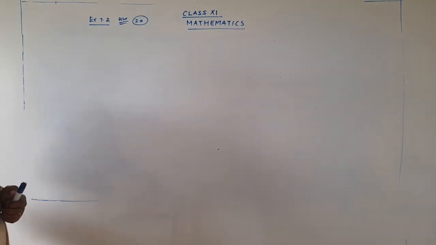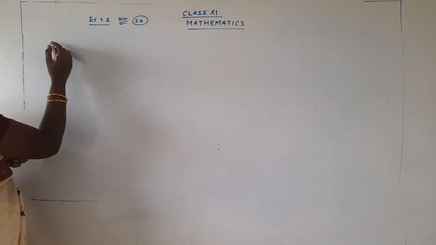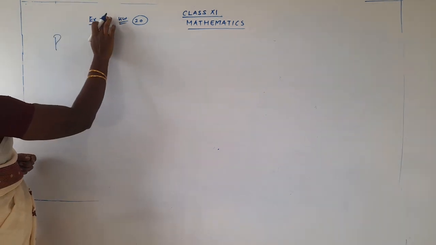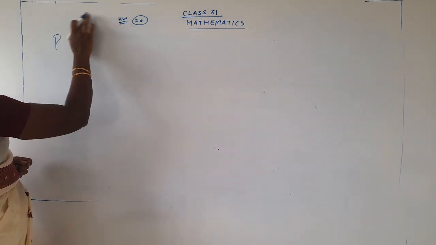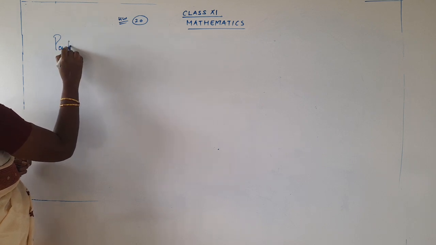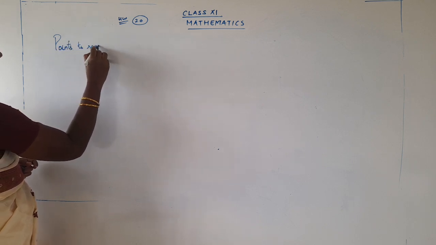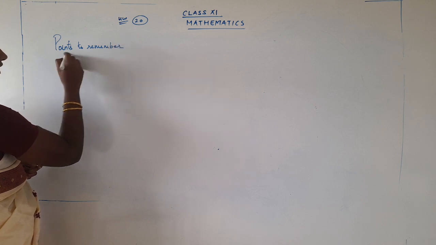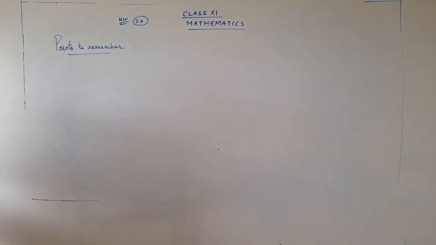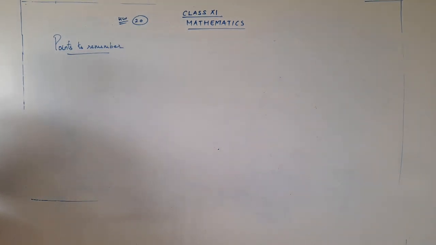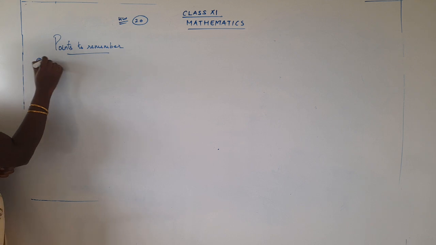Take the heading as points to remember, and you are going to refer to page number 30 of your maths textbook. Take page 30 of your maths textbook and write down the point. Write down: